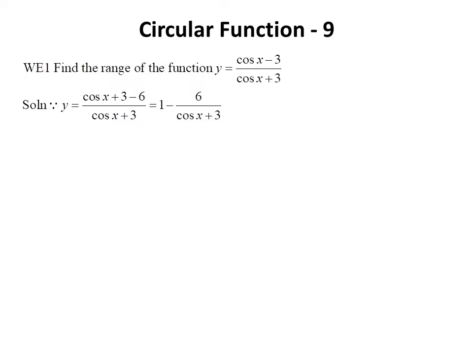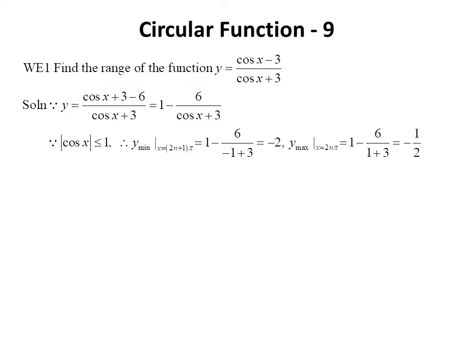According to the rule of the function, we start to transform this function using the partial fraction technique. So the function becomes 1 minus the fraction of 6 over (cosine x plus 3). Since the value range of cosine x is between -1 and 1, including both endpoints, the minimum value of the function equals -2 when cosine x is -1, while the maximum value of the function equals -1/2 when